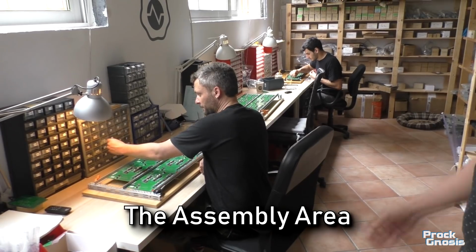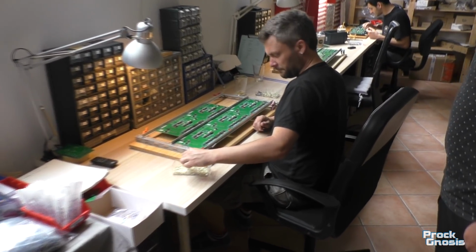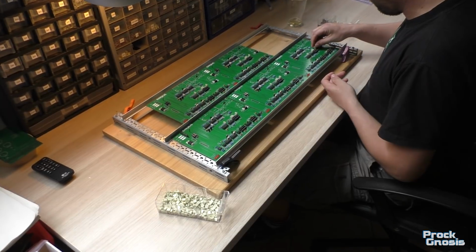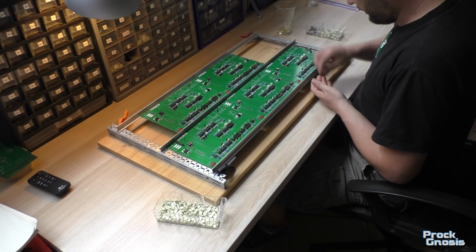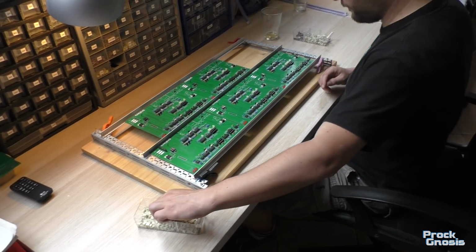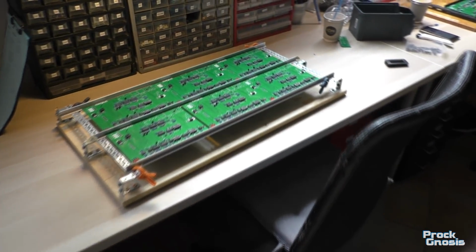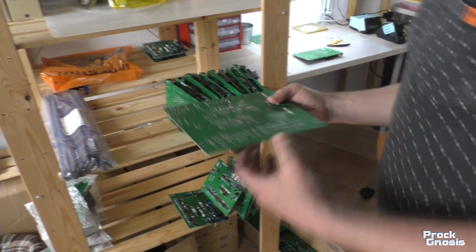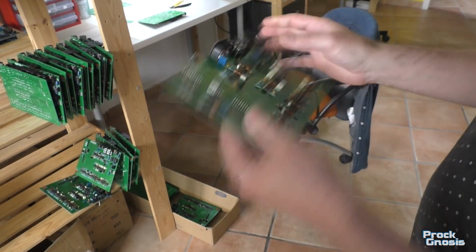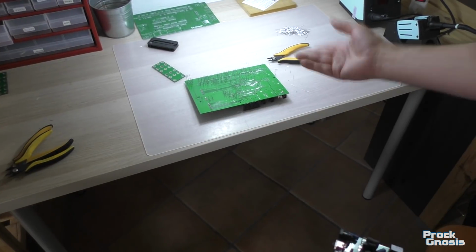And then here is the main workforce, where we actually assemble units, and right now we are assembling an Erebus V3, as I can see. And that is how we assemble everything that is on hand. We put some PCBs on, the usual way, and start populating. This is the hand-assembled part of hand assembly. And we have 3 of these poles where you can run stuff. And then here is the correction part, where you take a board when it's soldered, and you actually correct it, fix minor issues, cut the board,